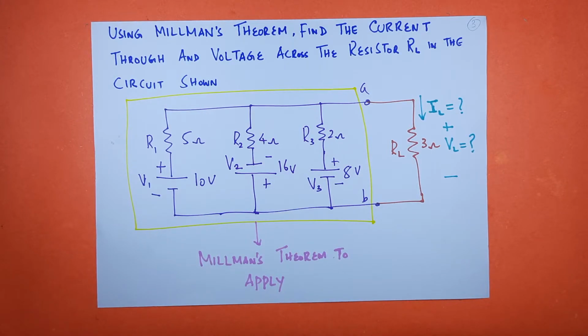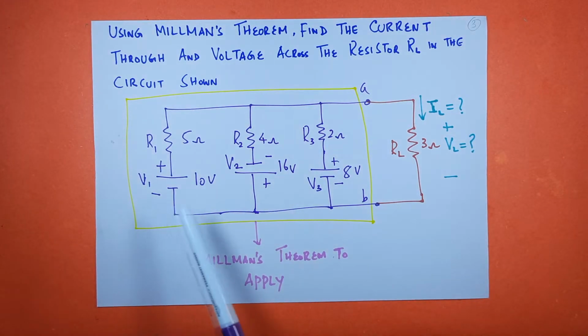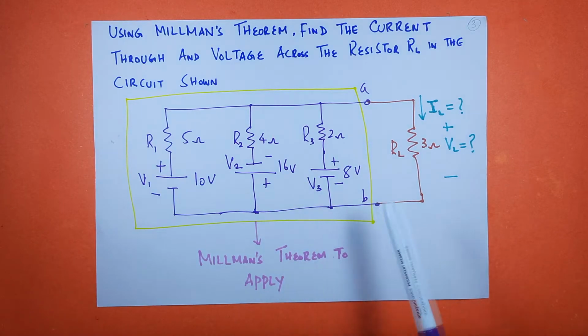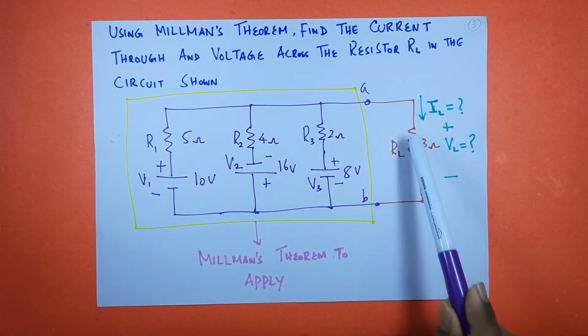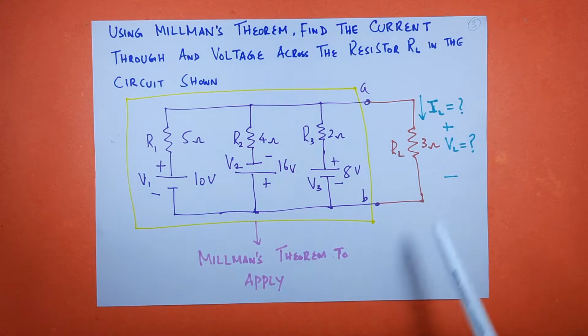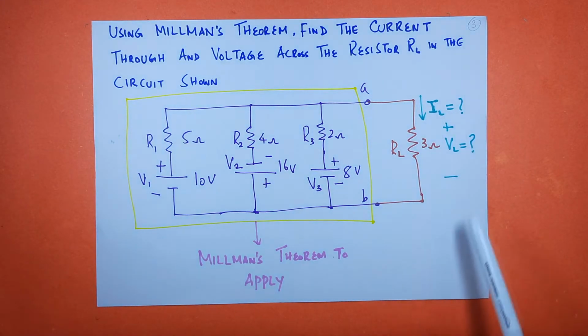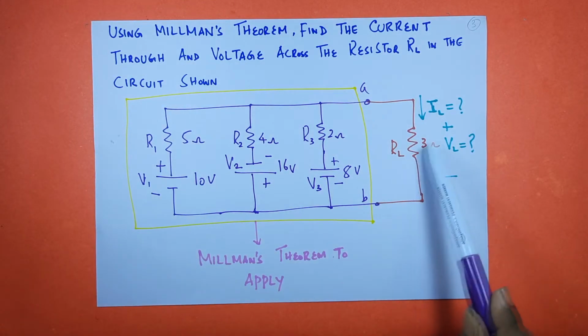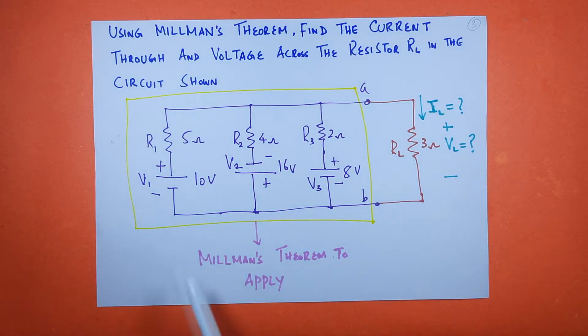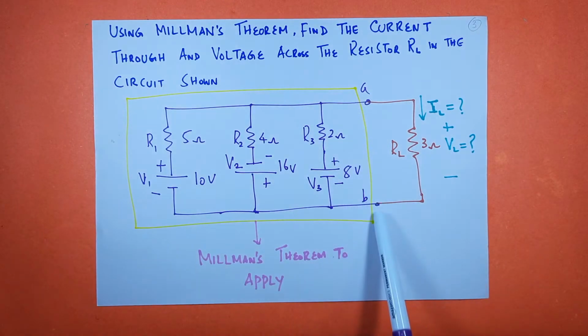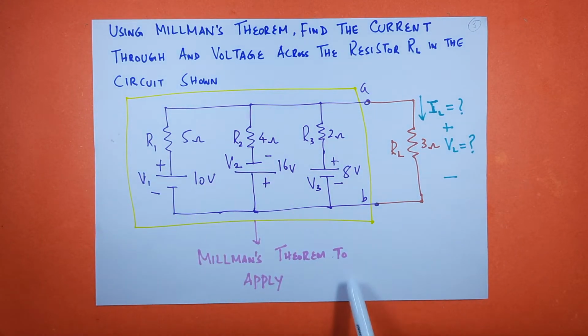So here I have three voltage sources connected in parallel. So this is the load resistor. Using Millman's theorem, we have to find out what is this load current IL and what is this load voltage VL. So we are going to apply Millman's theorem